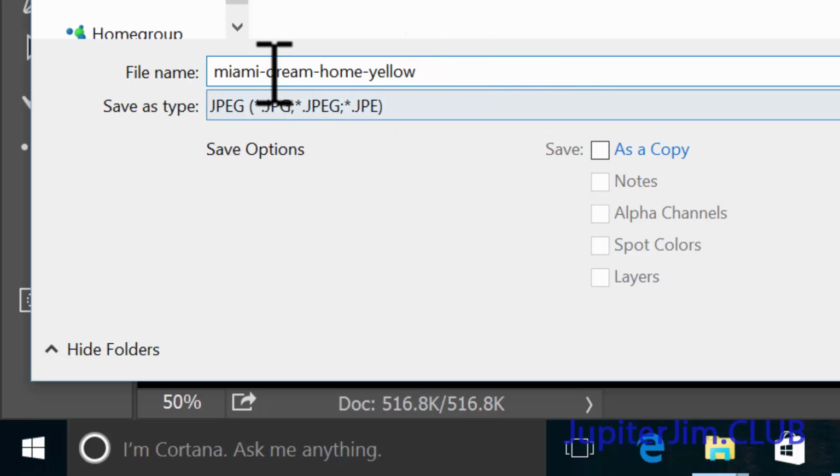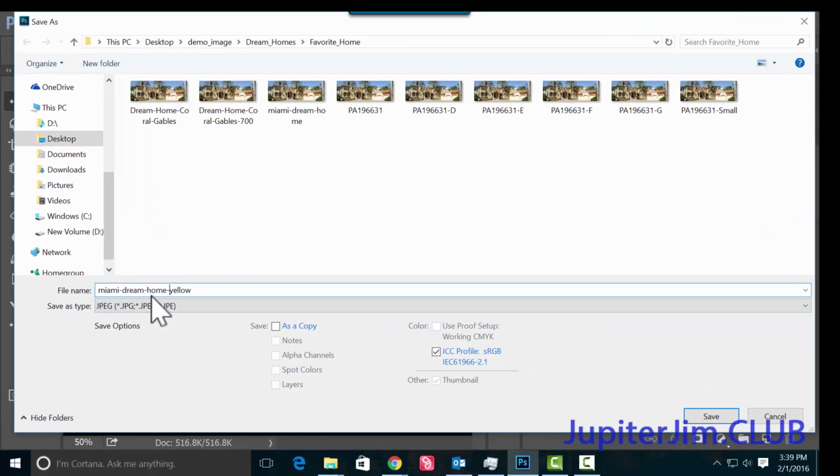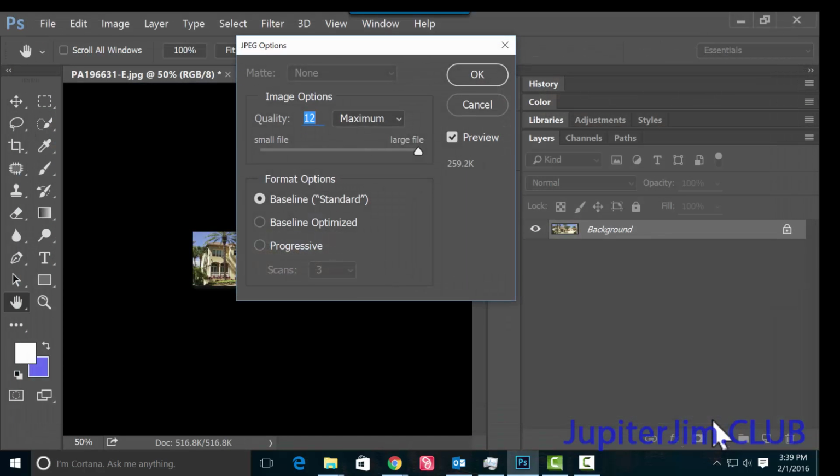Now you want to use hyphens here. These are hyphens. You don't want to use the underscores. Google prefers the hyphens. Why? I don't know, but they do. It's a fact. Also, don't leave any blank spaces between the words of your name because that's what generates the %20 sign that you've probably seen in URLs at different times in web addresses. So that's how you create the name, give it some meaning, don't stuff it with keywords, and we will click Save. So this is the file name. We're going to click Save,